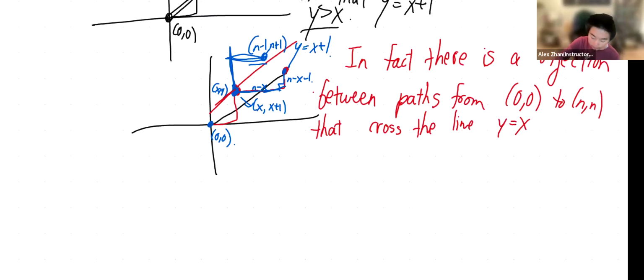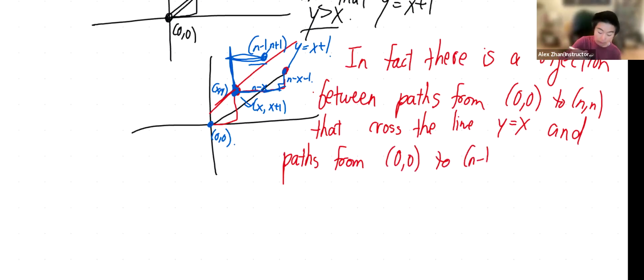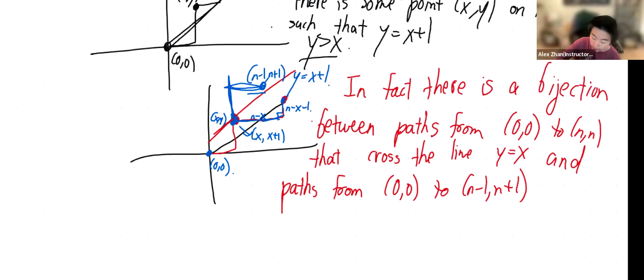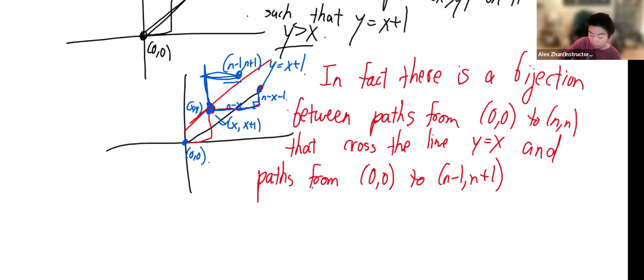And paths from 0, 0 to the point n minus 1, n plus 1. So again, the bijection is simply we take the first point at which it touches the line y equals x plus 1, and then we reflect the rest of the path across. Okay, so since there's a bijection, then in order to count the number of paths from 0, 0 to